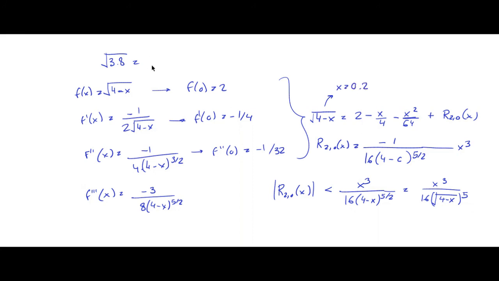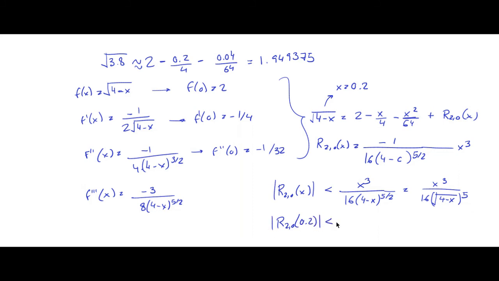So this is 2 minus 0.2 divided by 4 minus 0.04 divided by 64, and this is approximately equal to 1.949375. And the error that we're making is going to be the remainder at 0.2, and we know this is going to be smaller than